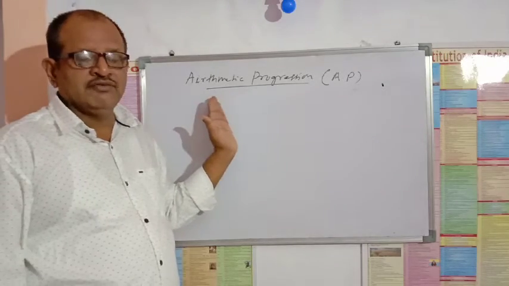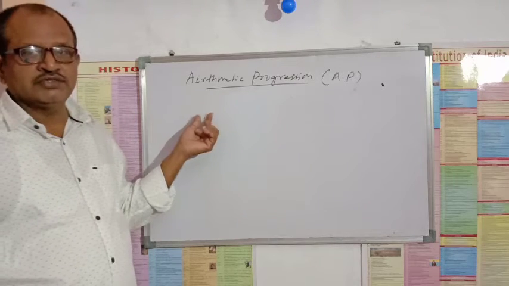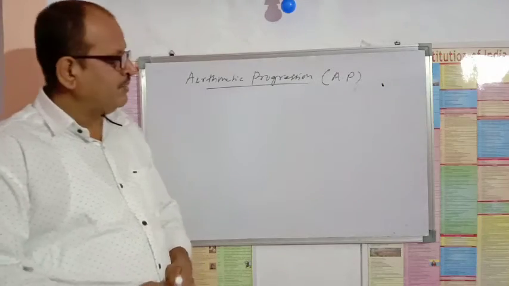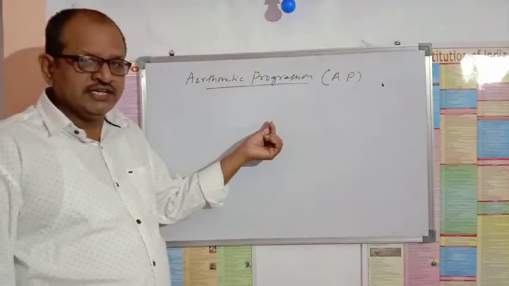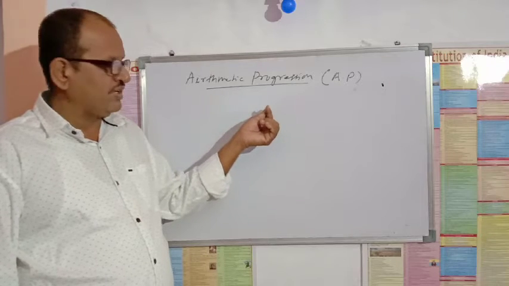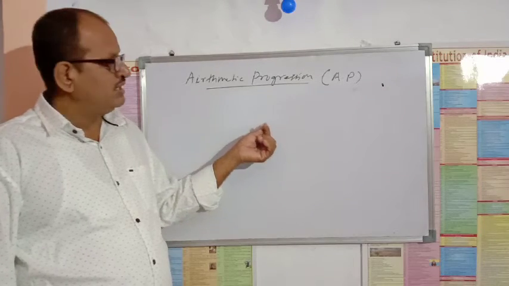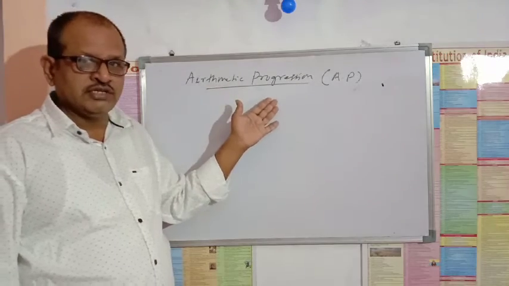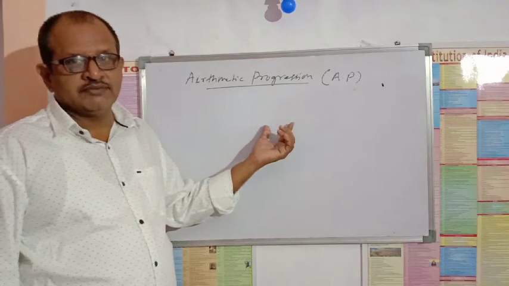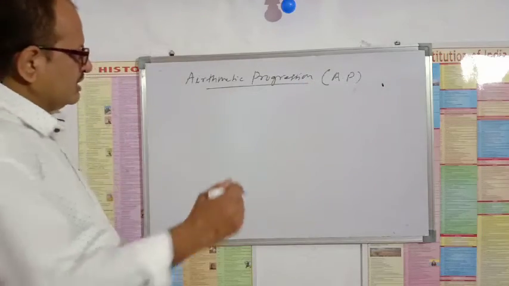A sequence in which each term is obtained by adding a fixed constant to its previous term is called an AP. It means the difference of any term from its previous term is constant. If the difference of any term with its preceding term is constant, then it is called an arithmetic progression. In other words, if the difference of two consecutive terms of the sequence is constant, then it is called an AP.